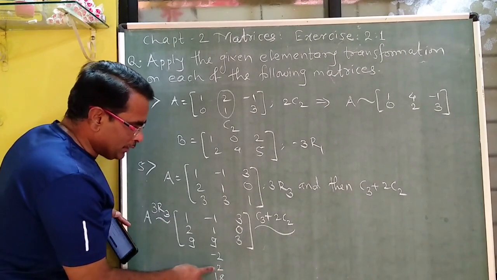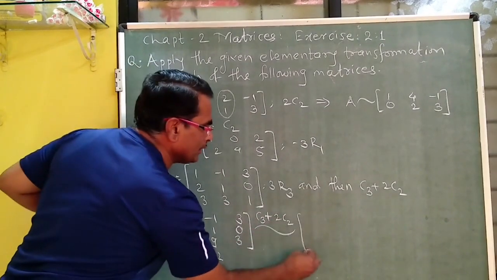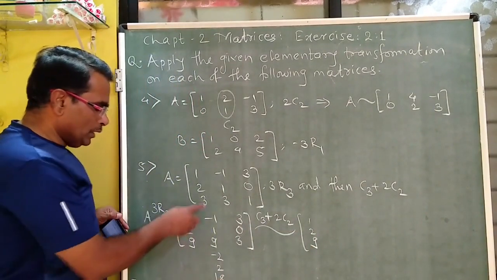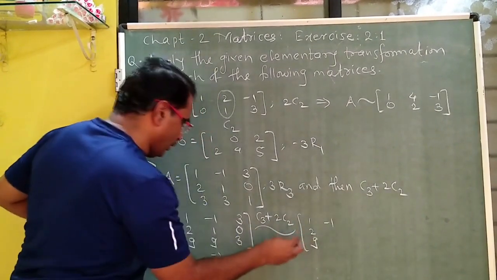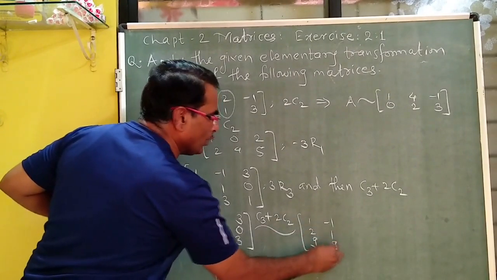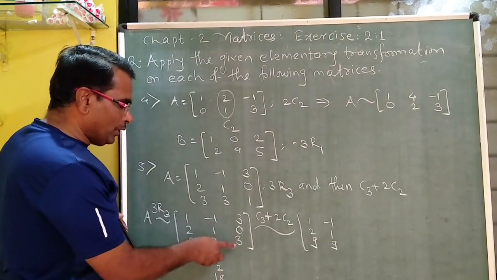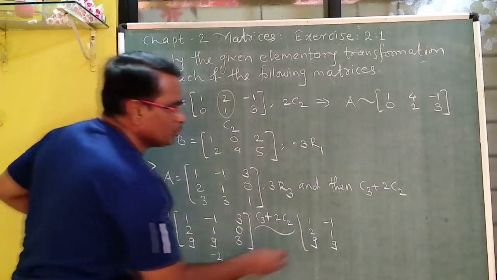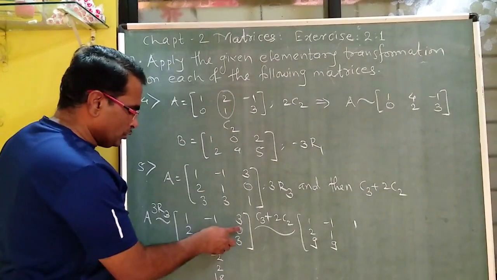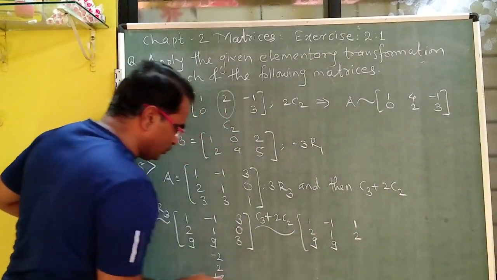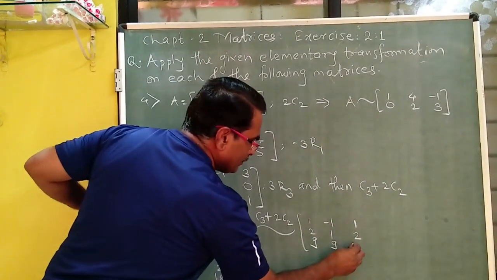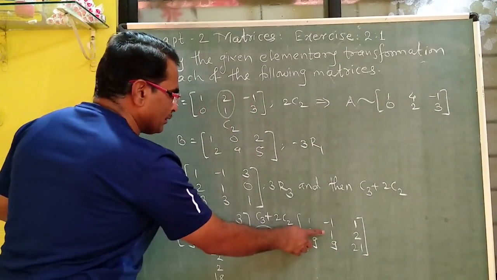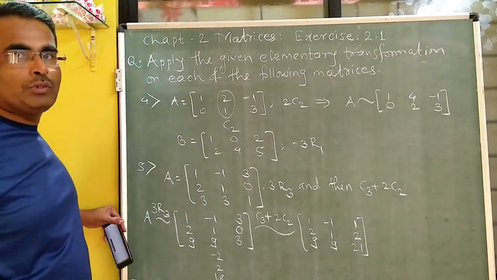Therefore, if you consider here the elements in the resultant matrix, then there will be no change in first column. There will be no change in second column also. Minus 1, 1, 9. But now the third column is added by these elements. So 3 minus 2, it is 1. 0 plus 2, it is 2. And 3 plus 18, that is 21. In this way, you can consider the resultant matrix after the second transformation.